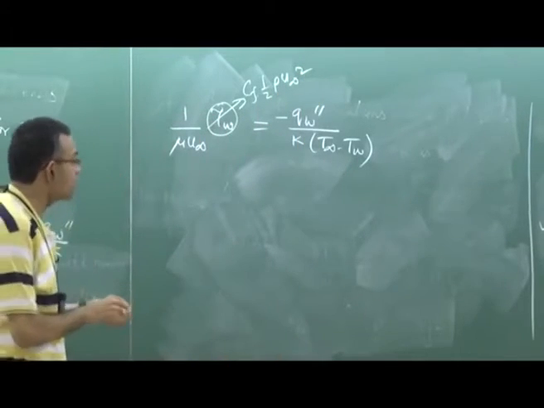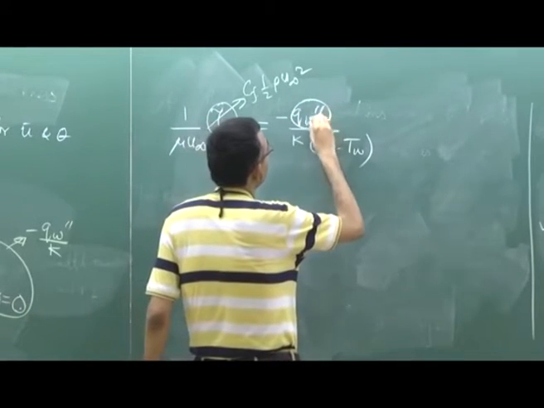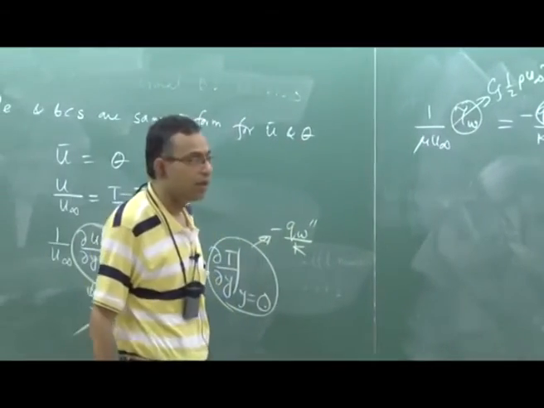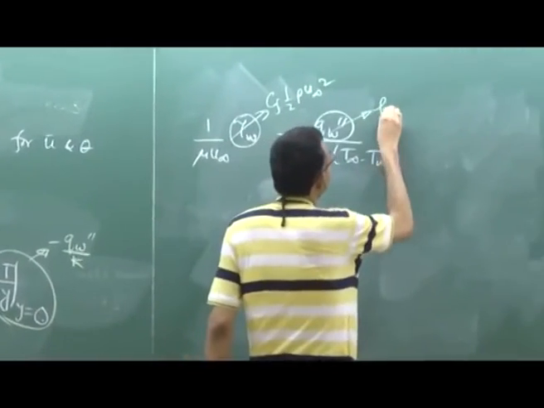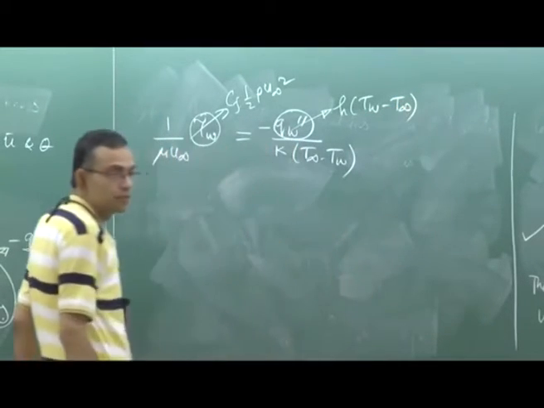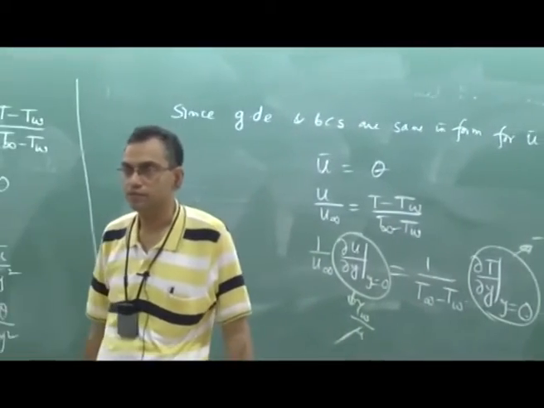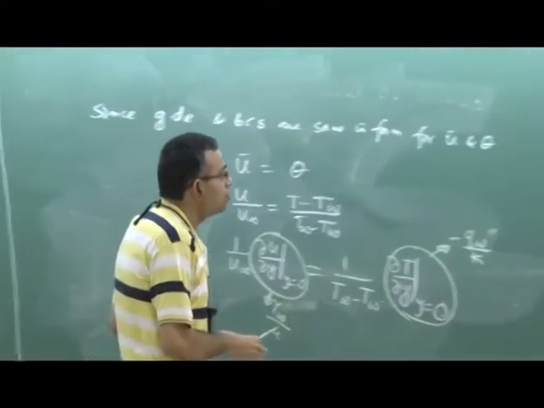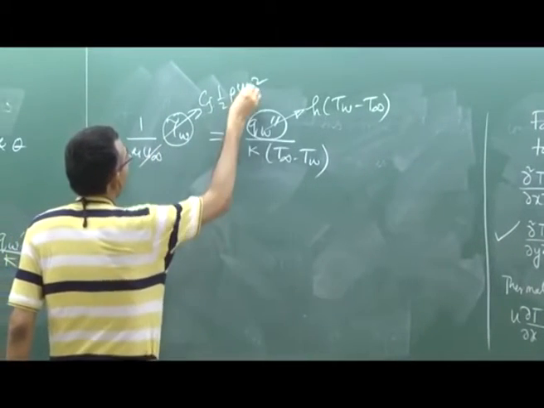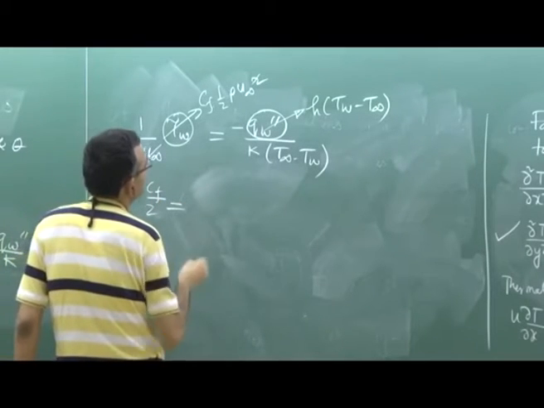And wall heat flux is h into T wall minus T infinity, right, where h is the convective heat transfer coefficient. So we can write, u infinity will cancel here, Cf by 2